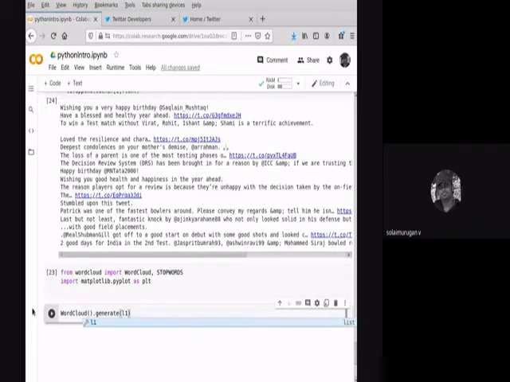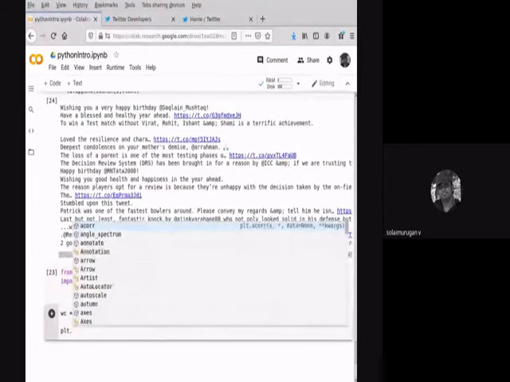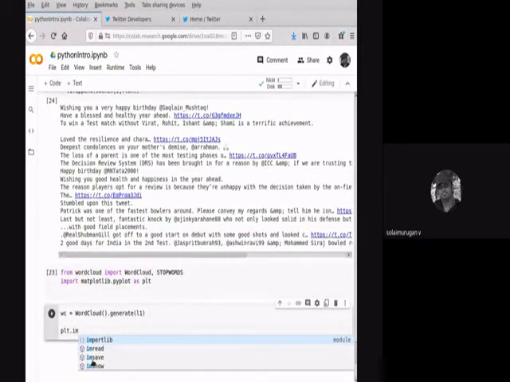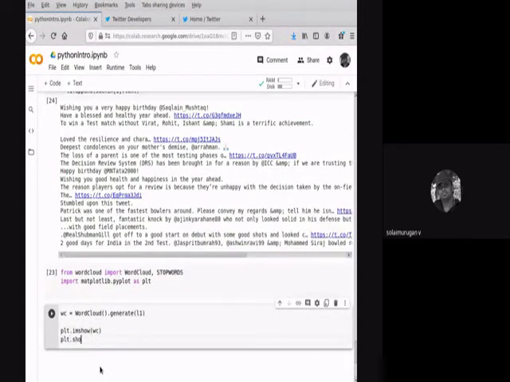Let me see whether it works. I'm storing it into a variable called wordcloud, and then I'm trying to show this image with plot dot show. I'm writing very minimal code: im show of wordcloud, then plot dot show.